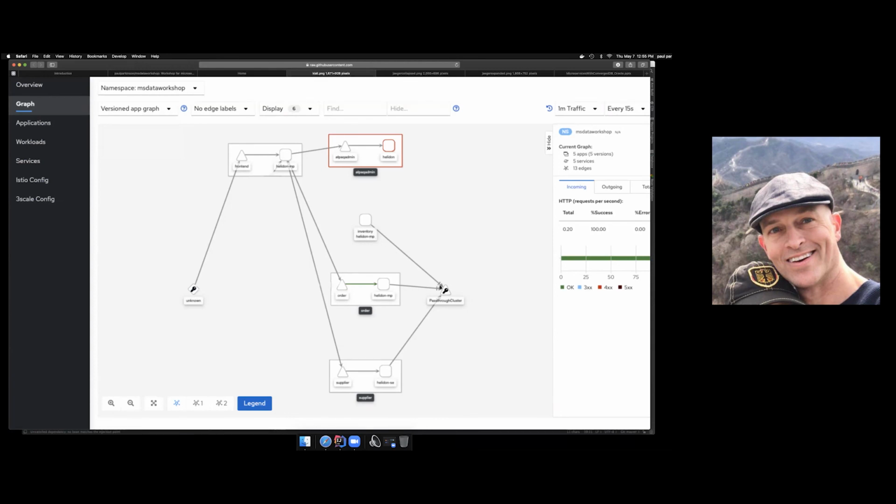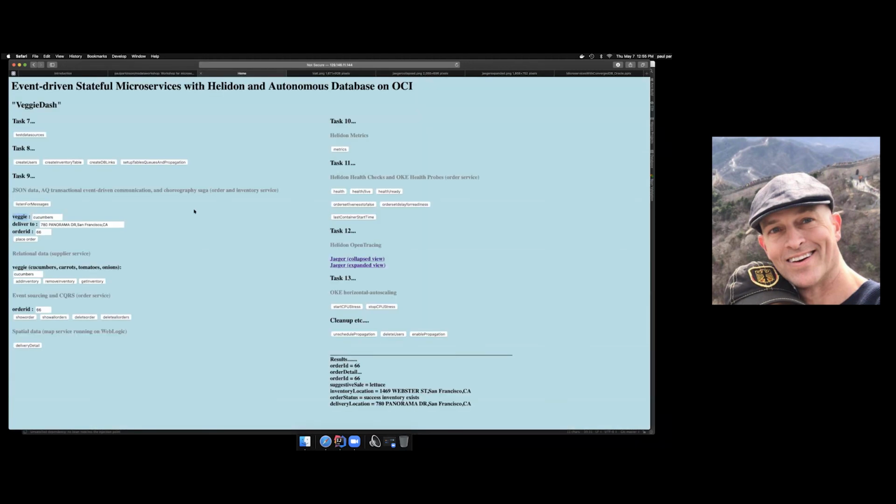and communicating back the fact that there is or isn't inventory, which the order service is then picking up that event. And it knows if the inventory does not exist, it's a failed order. And if it does, it's successful. And now that's referred to as a Saga, because in